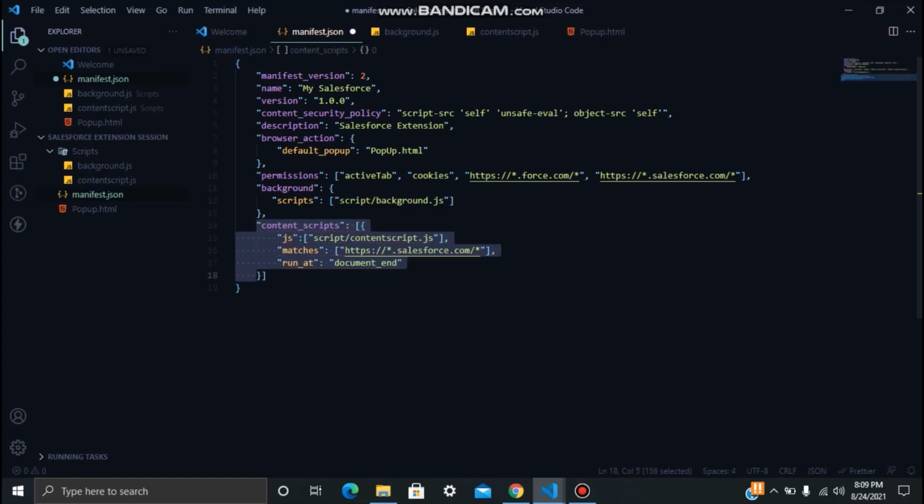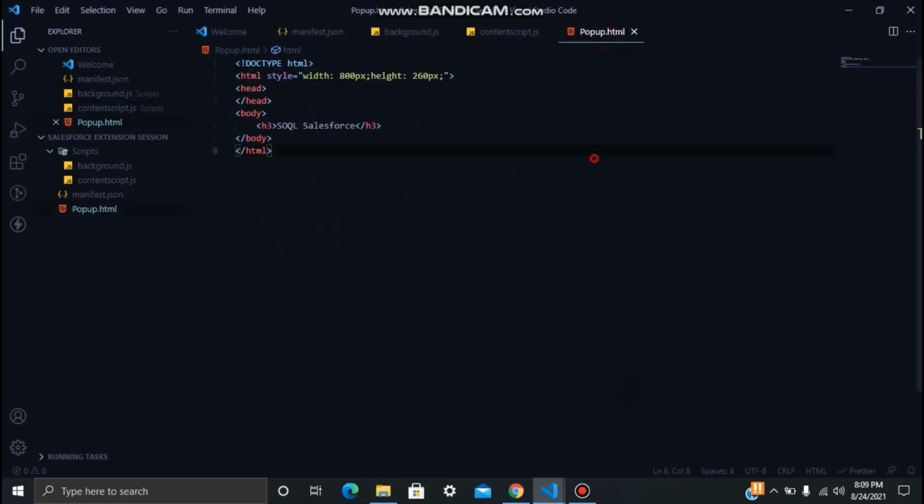Just remove all this, and yeah, we have mentioned the content script, and we have the run at document, which is required for your content scripts. We can give many more files in this array of script files, but let's first save all this. Background JS saved, content script saved, popup saved.